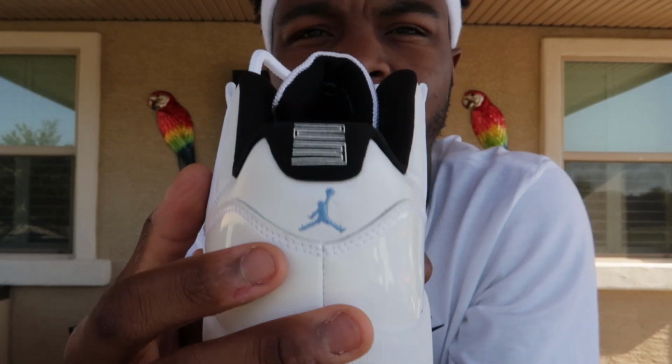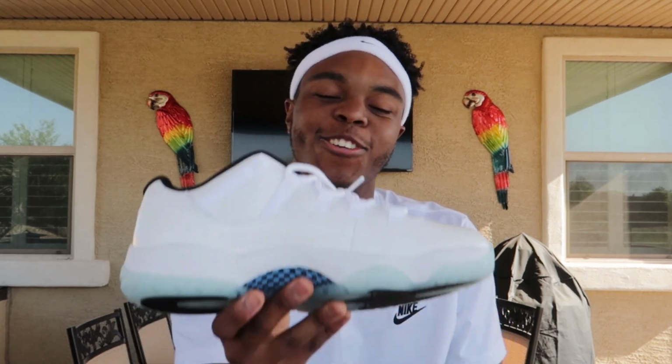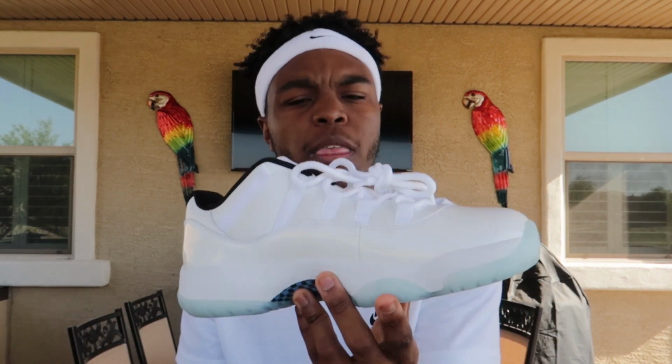Looking at the back of it, which I think is really clean, you have a baby UNC blue Jumpman, and then you have your 23. So these are honestly flame, man. These are so crazy. I'm happy that Nike and Jordan Brand went ahead and actually made this. This is for sure, without a doubt, going to sell out. Considering the fact that this is an OG colorway, and I know a lot of people probably wanted the highs,